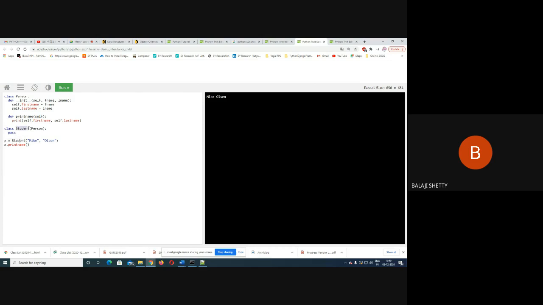But Student is derived from class Person, and class Person consists of first name and last name. That's why I am passing first name and last name. But with this pass, we have not defined a function, so by default it will call the base class constructor. So fname becomes Mike, lname becomes Olsen. When you run the code, you get Mike Olsen. Okay.